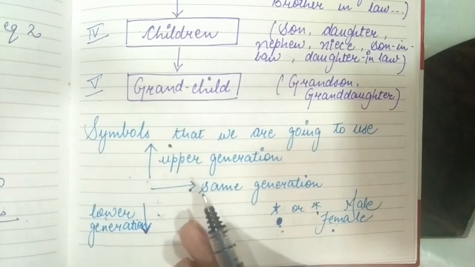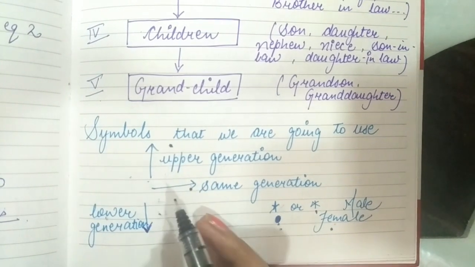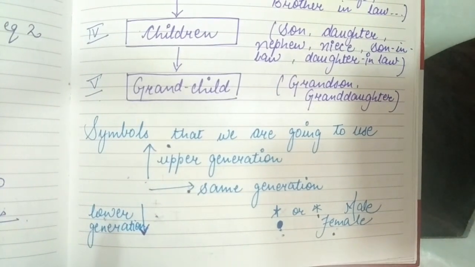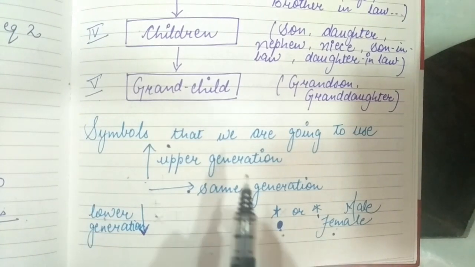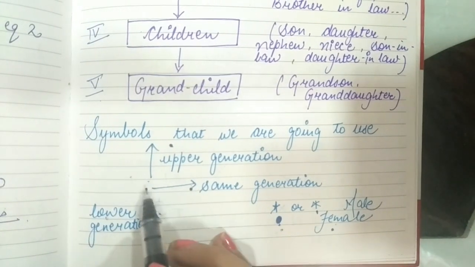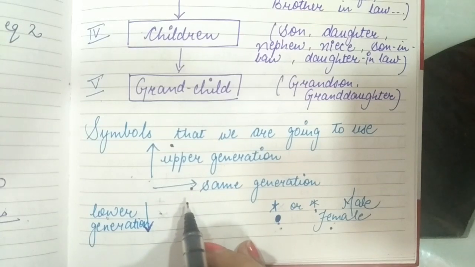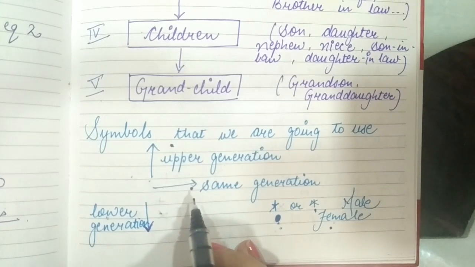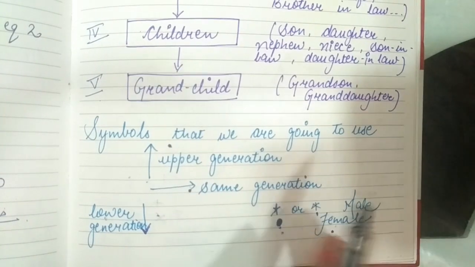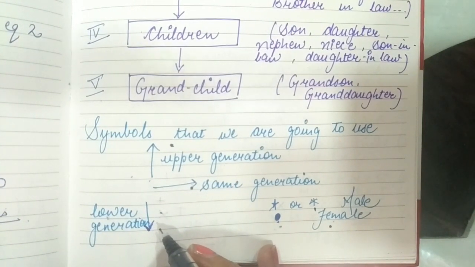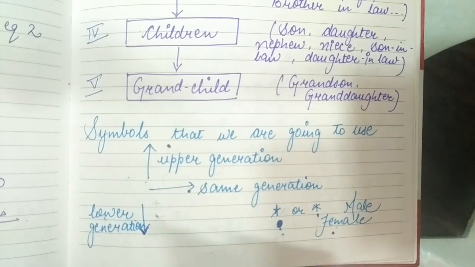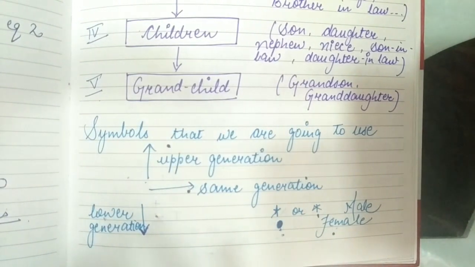Now, Ram's sister. Brothers and sisters are of the same generation, or Ram's wife. Ram and his wife will be of the same generation. This arrow will be used to denote the people belonging to the same generation. An arrow pointing downward we use to show the lower generation, that is Ram's sons, Ram's daughters. Next,